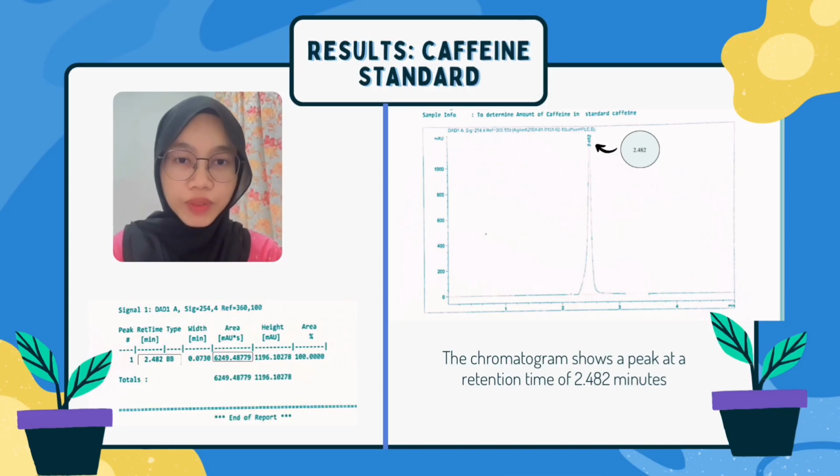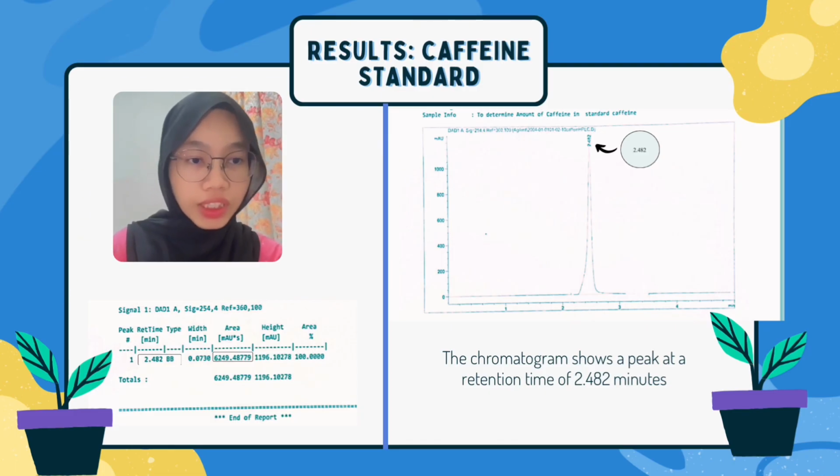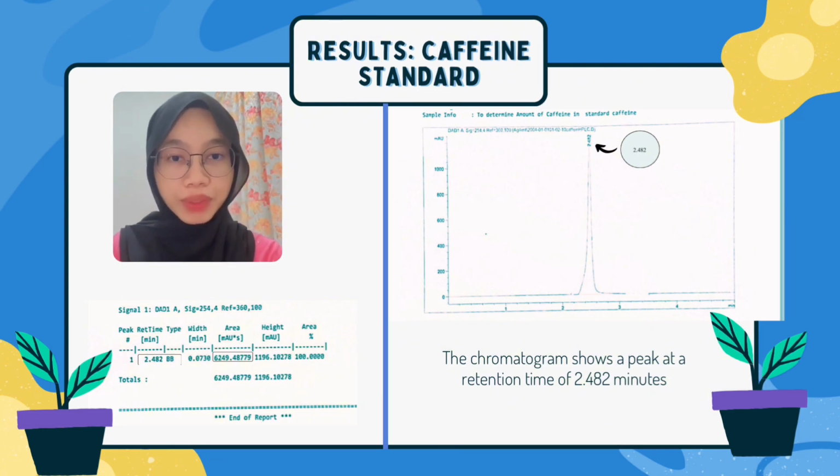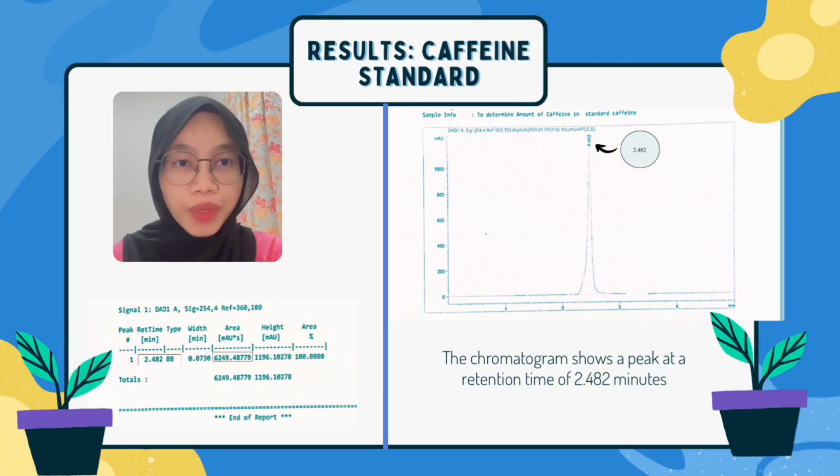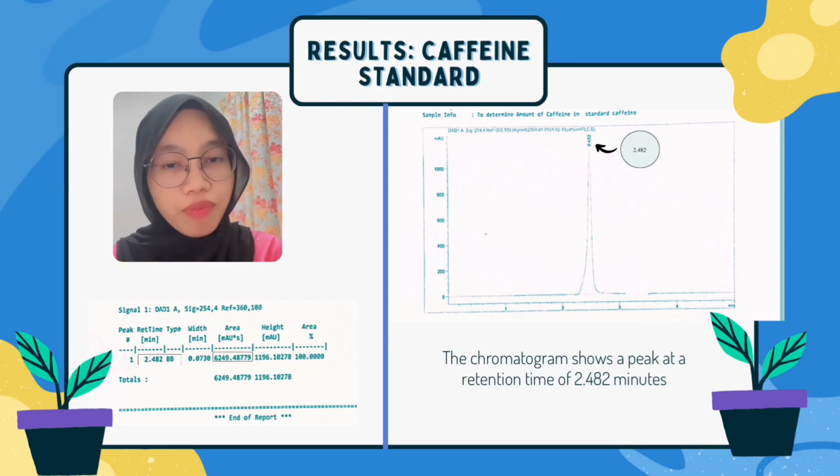Hi, my name is Nordiana Safia and I will explain about the result of HPLC. When analyzing caffeine using HPLC, the results typically include the retention time, peak area, and response factor to determine the concentration of caffeine in unknown samples. The chromatogram shows a peak at a retention time of